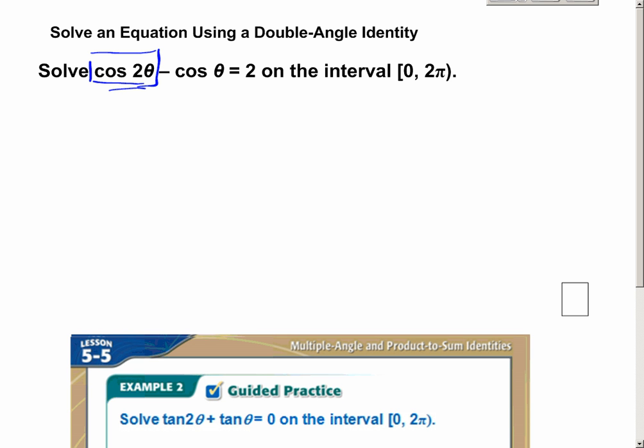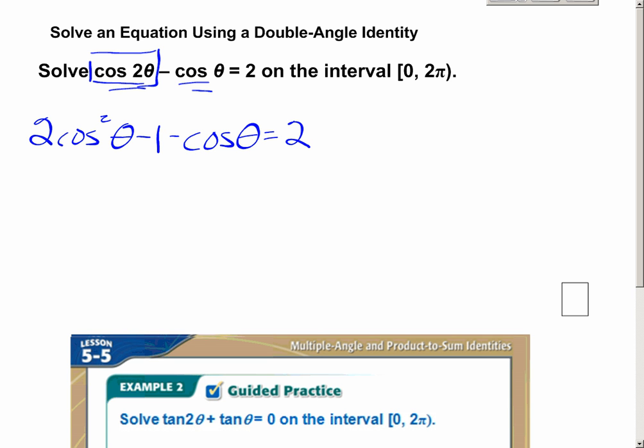Because we have cosine in the other part of the equation, we probably want to use the 2 cosine squared theta minus 1 formula. Making that substitution then, we have 2 cosine squared theta minus 1 minus cosine theta